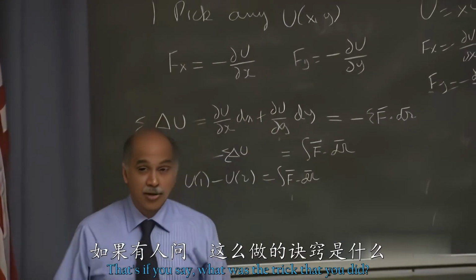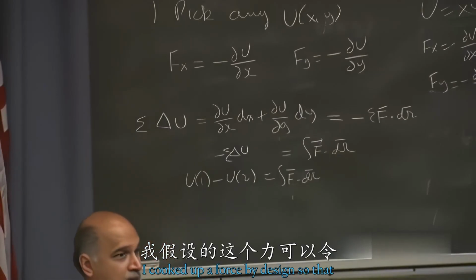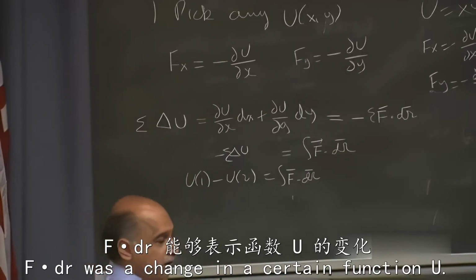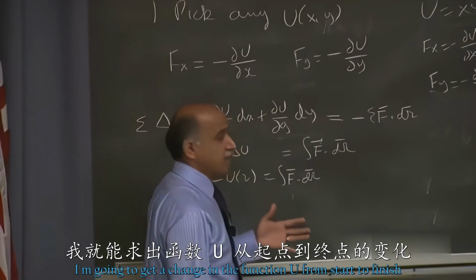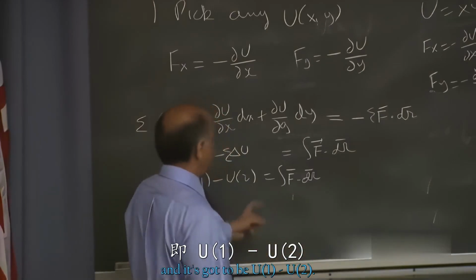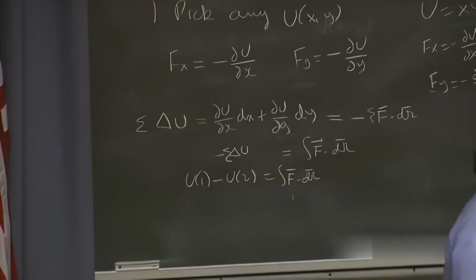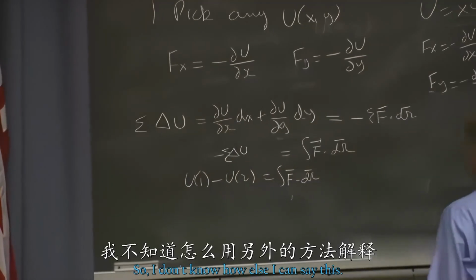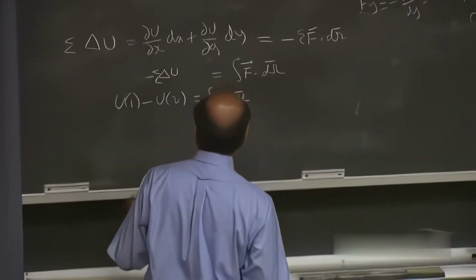If you ask, what was the trick that you did? I cooked up a force by design so that F dot dr was a change in a certain function u. If I add all the F dot dr's, I'm going to get a change in the function u from start to finish. So it's got to be u1 minus u2. I don't know how else I can say this. Maybe the way to think about it is,